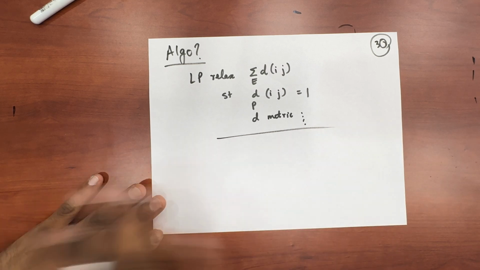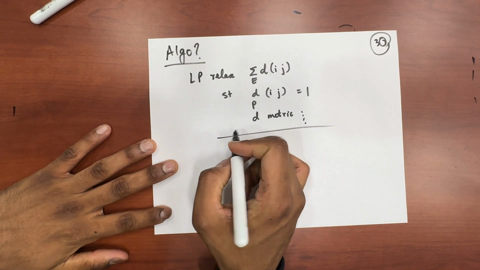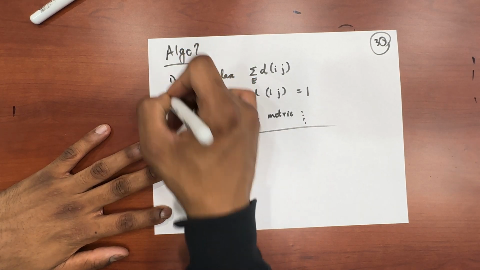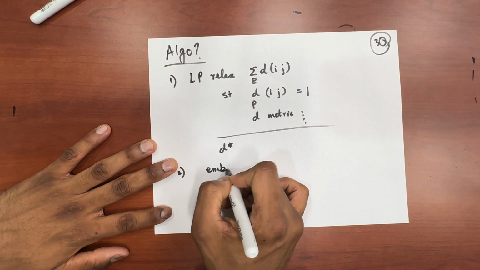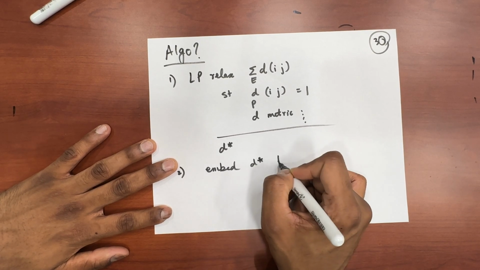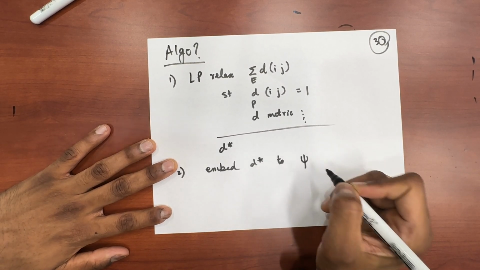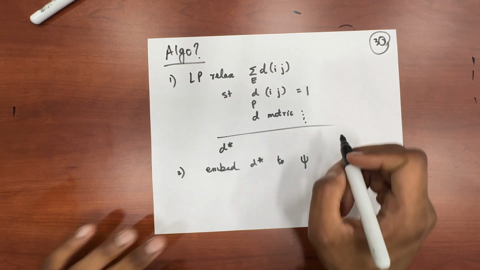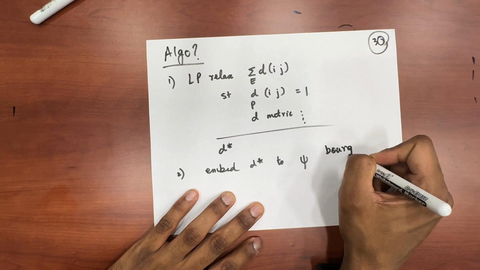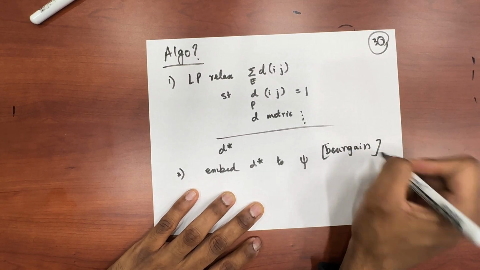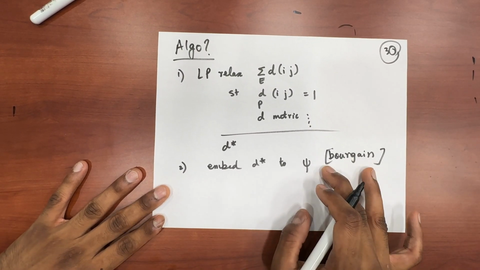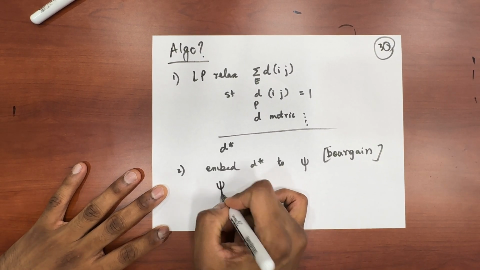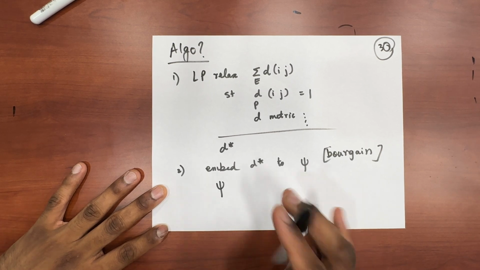I get this D, right? Let's say D star. Embed D star. This was step 1. Step 2, embed D star to psi, right? From calling Bourgain's black box. We don't really know how Bourgain did it. We'll look at it in the next week. But using Bourgain's black box, let's embed D star into psi. And now psi is an L1 embedding with, I don't know how many ever